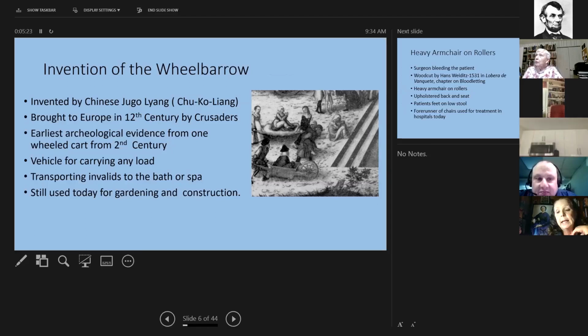And it was a vehicle for carrying any load and transporting individuals to the bath or spa is right here. And still today, we use wheelbarrows for gardening and construction. And this is really an early interesting thing that many people do not know.